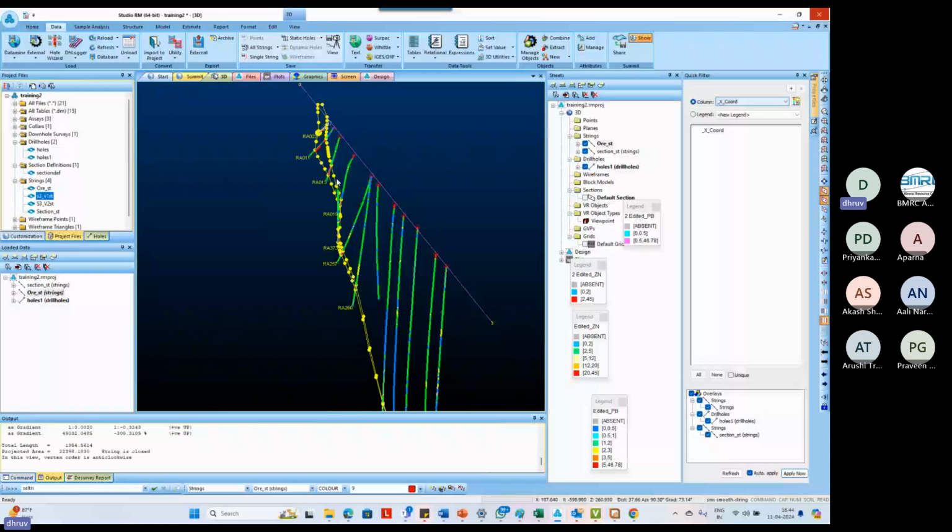The number of points in that section will be different. Now it automatically creates a problem while generating a wireframe, because it will not be able to create the triangles in a proper way. I'm not denying that it will create them, but the number of triangles will increase. And if the number of triangles increases, then there are more chances of more crossovers and more errors, because